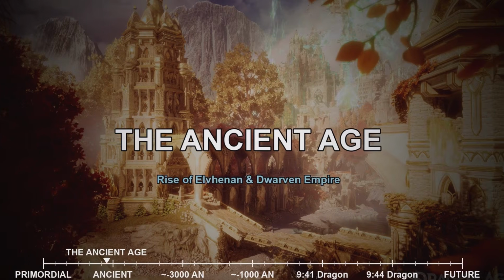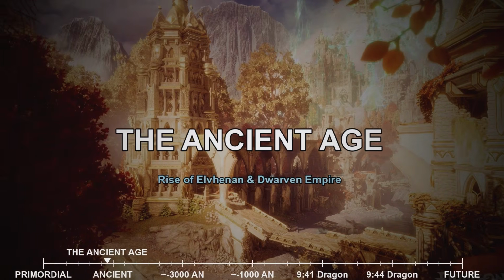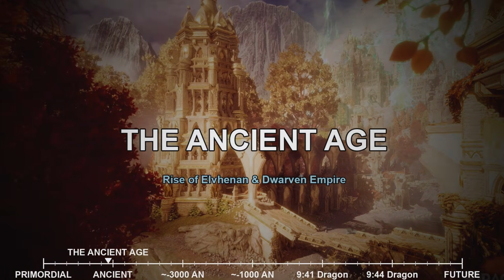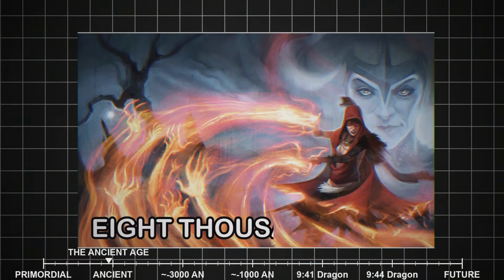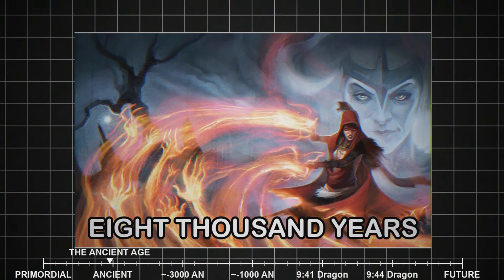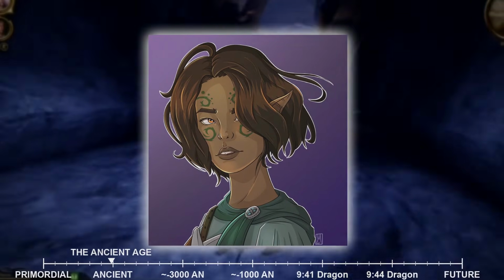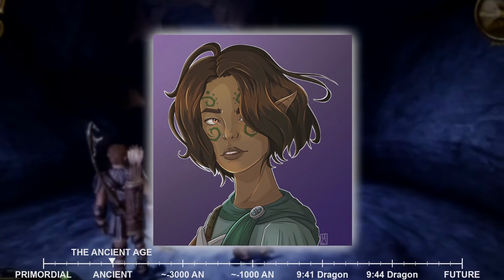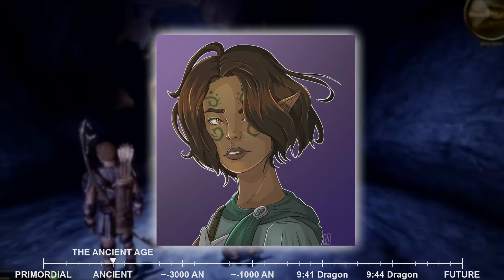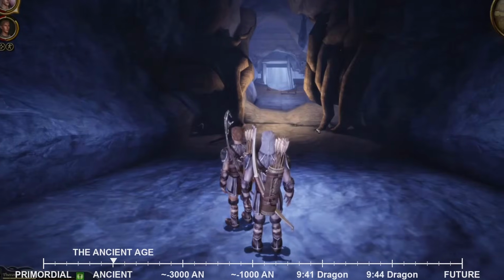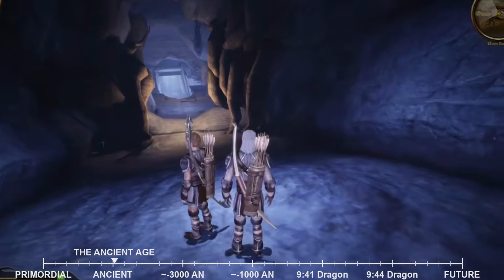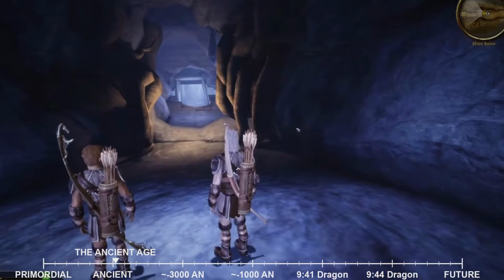Approximately 8,000 years before the Ancient Age calendar would even begin, in an era so distant that only fragments of memory survive in song and stone, the first sentient beings walk the world of Thedas. These are the elves, and their civilization, known as Elvenon, will endure for millennia, building wonders that later ages can scarcely imagine. The elves do not simply inhabit this world. They are intrinsically connected to it in ways that future races will never fully understand.